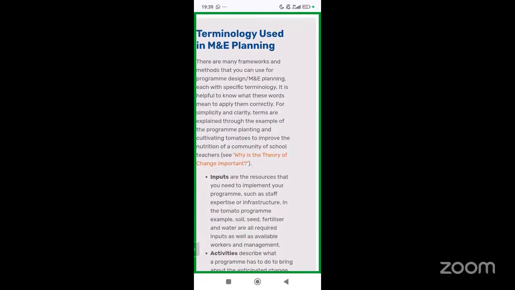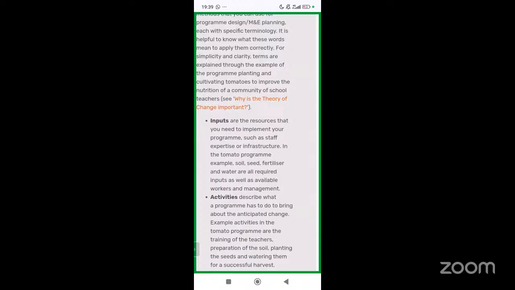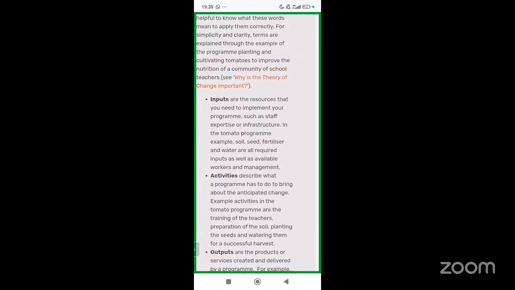All right, let's go to some of the terminologies now. Inputs are the resources. In proposal writing and also in MIE, when you are doing your MIE, you have to revert to your project proposal. You have to make sure that what you write in your proposal, your results and MIE speak to those things you proposed to do. If you cannot achieve them, you have to provide an explanation. At the start of this project, we said we want to reach 5,000 young girls. Now, we can only reach 4,000. You have to provide an explanation.